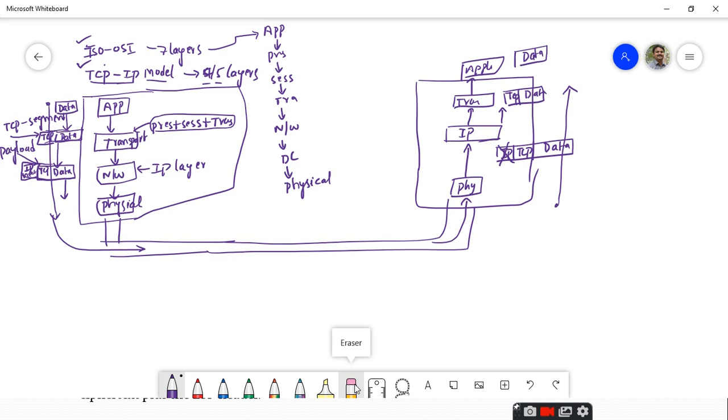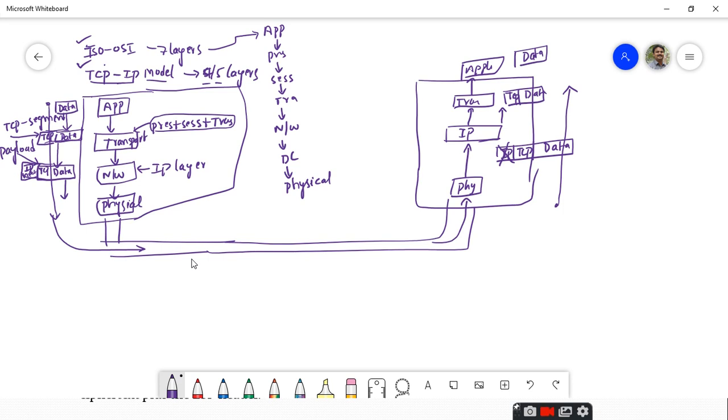So, once we have an idea of TCP/IP and how it processes, let us discuss what the IP packet looks like. By this discussion, you might have got some idea of how the IP packet looks. It consists of three different parts. One is the data, which is the application data, and that application data is prefixed with the TCP header, and the TCP header is prefixed with the IP header. This is the original part.